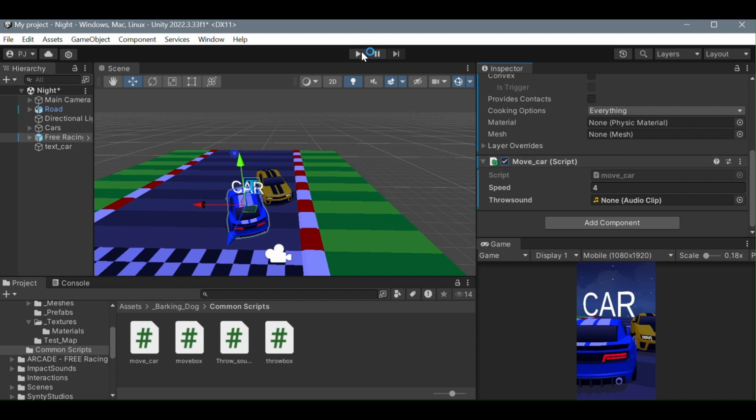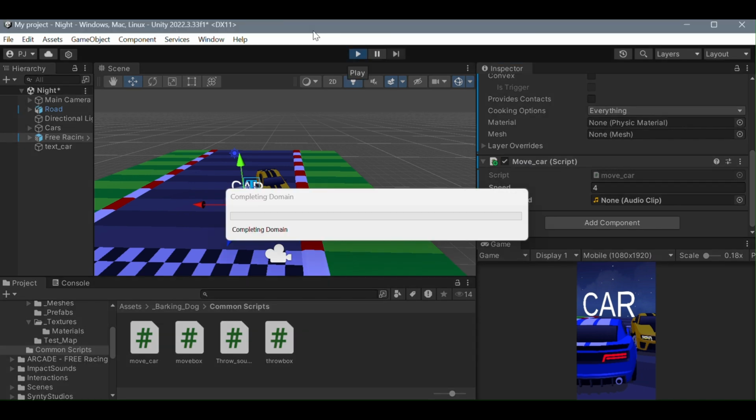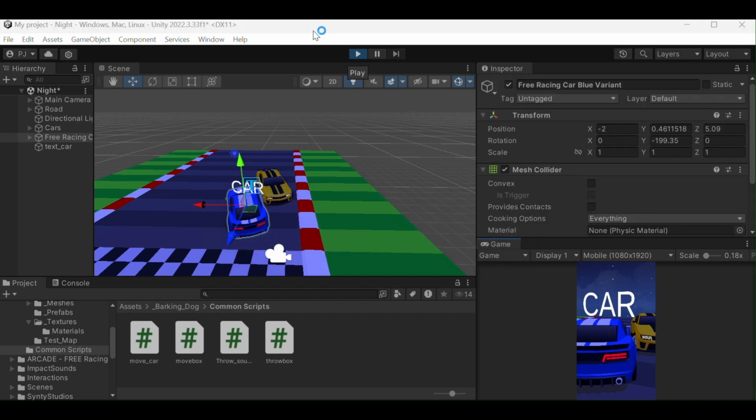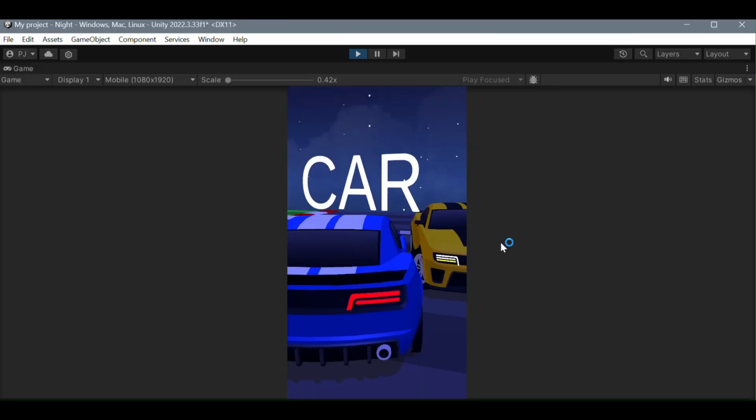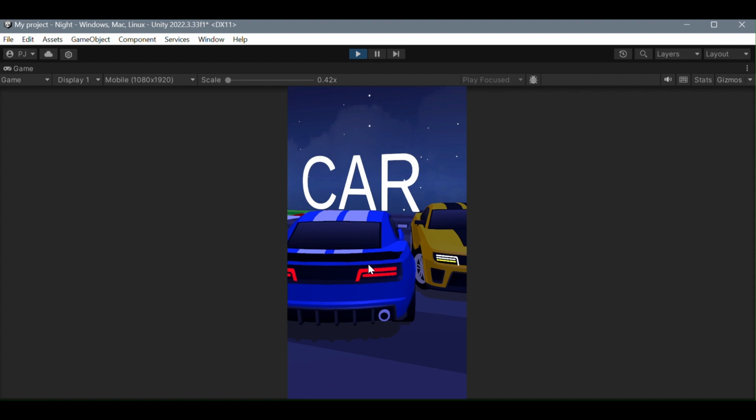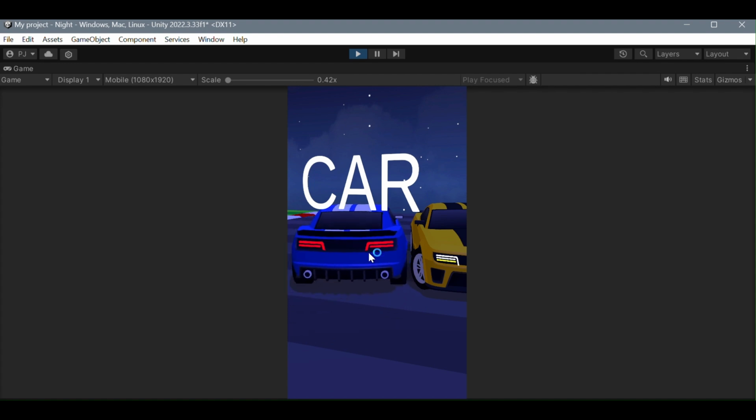So when you run the scene, and if I click on the car, it moves. And when I click and keep on clicking, it moves constantly. So this is how you create a little interaction, and this is how we add some interaction which we majorly see when we interact with phones